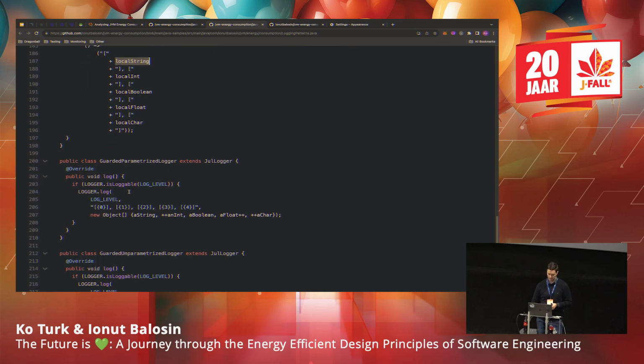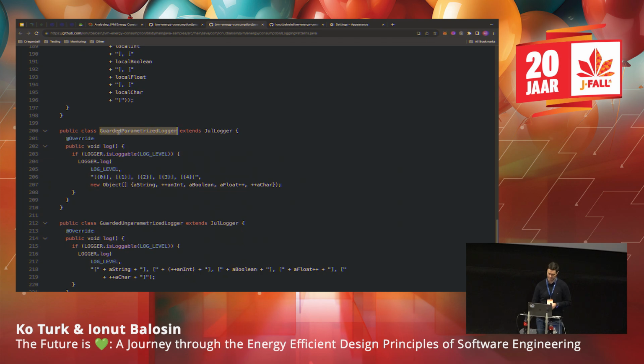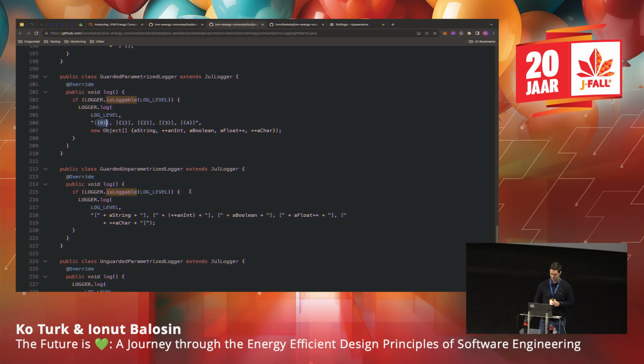And then we have guarded parameterized logger. First we put a guard checking if that logger is enabled, which means the logger has the appropriate level, and then we log using a parameterized pattern, with curly brackets 0, 1, 2, 3, 4, and so on and so forth.